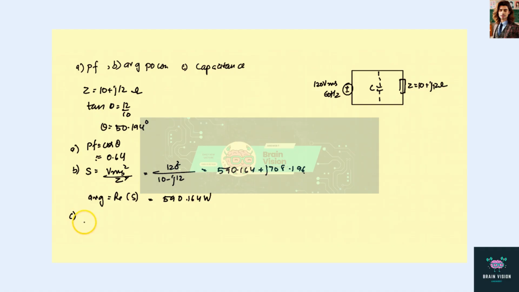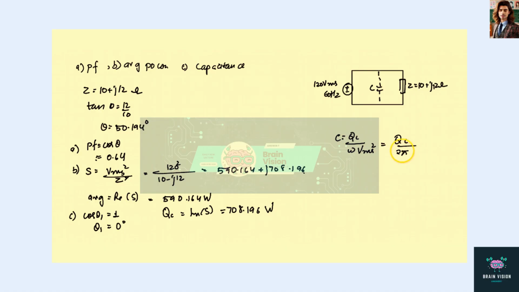Now finding the capacitance, where cos theta 1 will be equal to the power factor 1. From here theta comes out to be 0 degree. Now the complex part of the complex power is 708.196 watt. Now the expression for the shunt capacitance, C equals QC by omega Vrms square, which is equal to